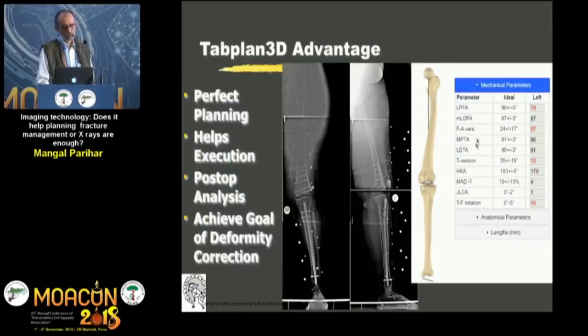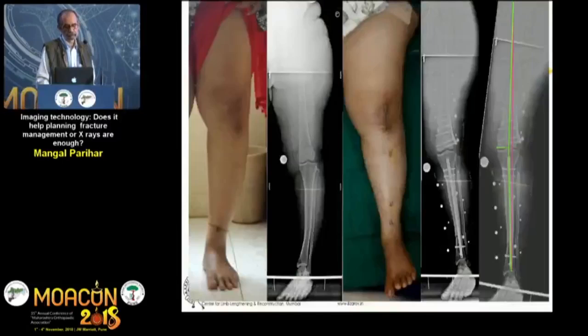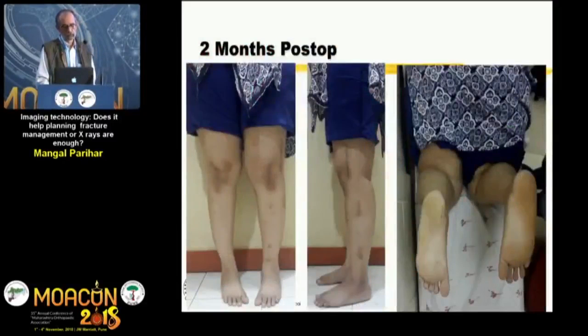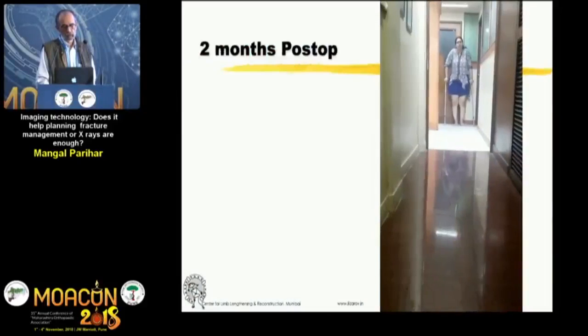So we were able to get perfect planning, extremely helpful for execution because we just followed the numbers that we got from the software, and you can analyze whatever you have done in the post-operative period to achieve our goal of deformity correction. So that's our pre-op clinical picture and X-ray, post-op clinical picture and X-ray. That's her 2 months post-op, walking,